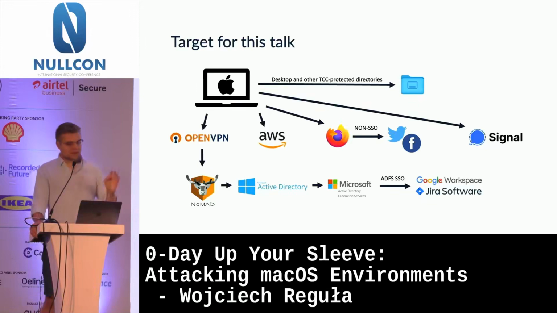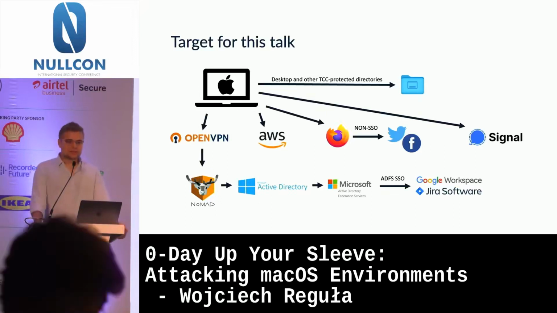So we will be attacking a Mac that via OpenVPN has access to internal company resources. It uses Nomad to talk to Active Directory, and then via Active Directory it gets access to Google Workspace or Jira Software. This Mac also uses AWS. There are tokens stored. It has a browser, in this case Firefox, that connects to Twitter, Facebook, or other social media,